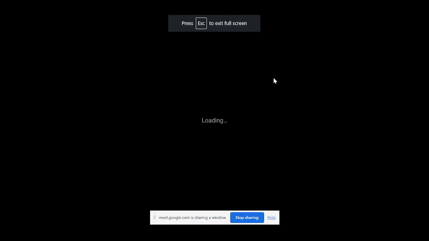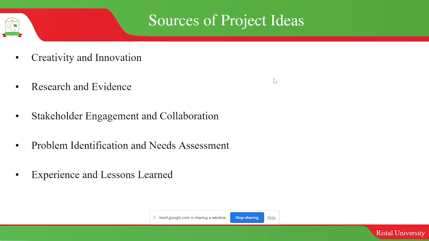So you can go to research journals, you can go to libraries, you can search the internet and things like that. But you can also engage with people who are being affected by the problem, talk to them, and they will perhaps give you the solutions to the problem. The other way of looking at it is, if you encounter any problem, or any difficulty, or any situation that you think should have been done better, then that is a potential area